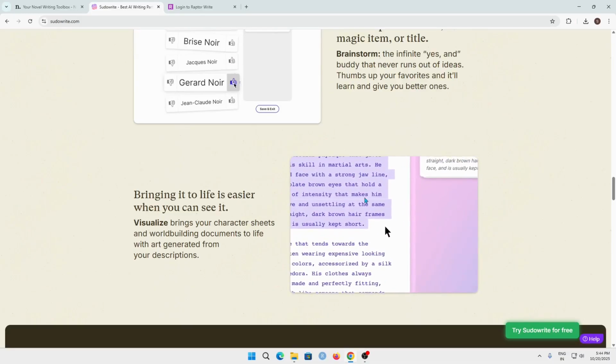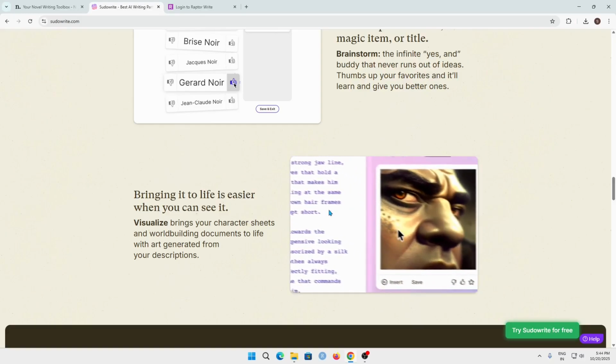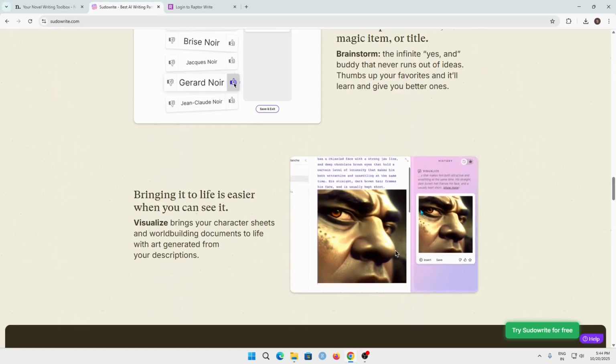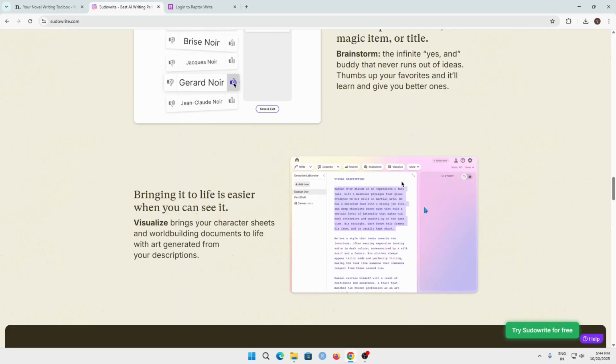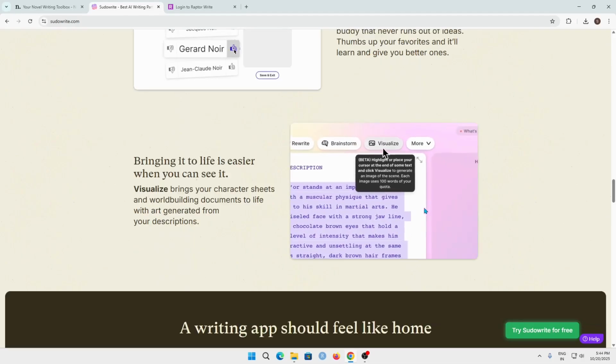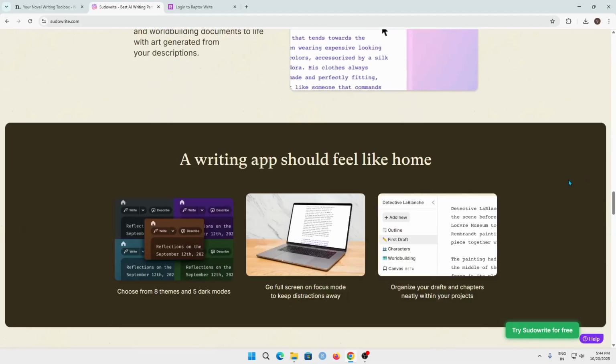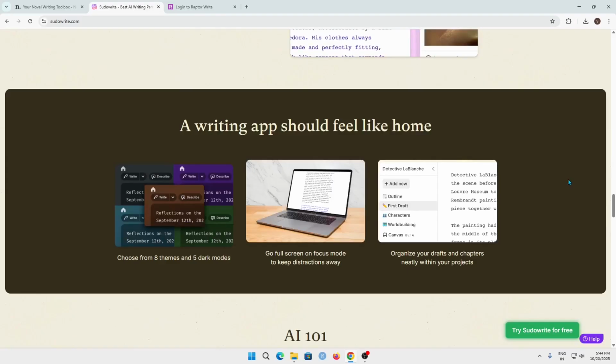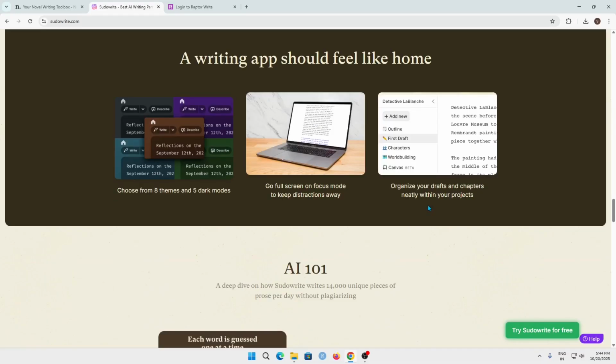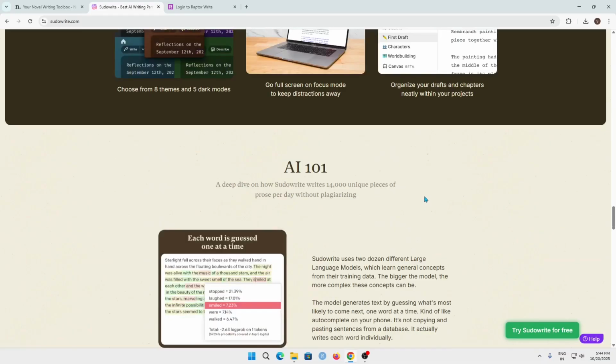Also, you can use the visualize feature where you can visualize your own character, which is pretty fun to do. Wow. So there are a bit of customizations too on this website, which you can do.